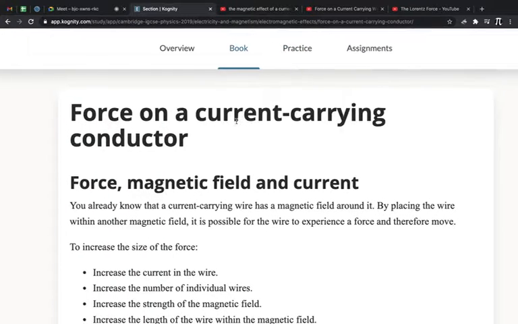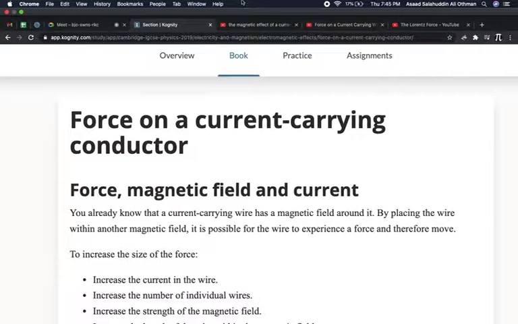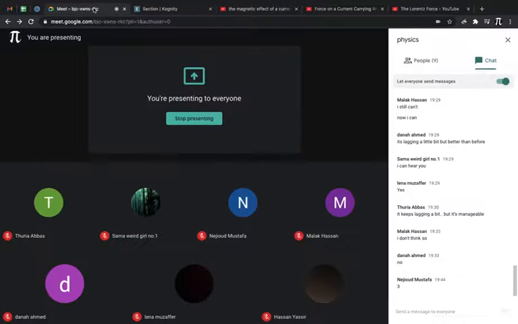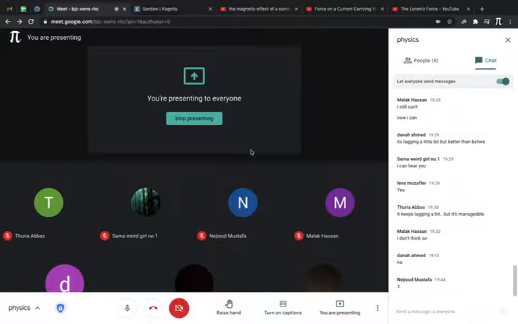Alright, the last part of magnetism is the force on a current carrying conductor. Alright, let's have 10 minutes and then we will